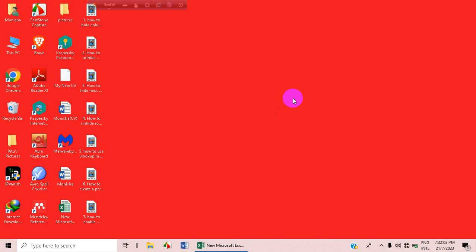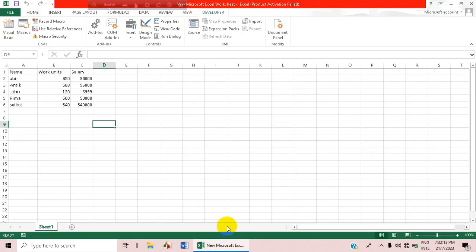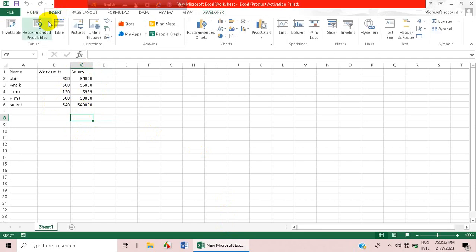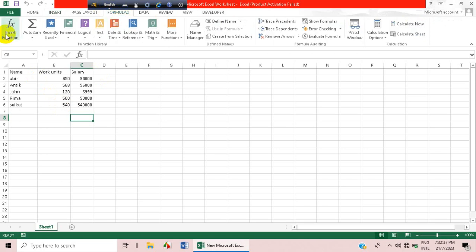In this tutorial, I'm going to show you how to find standard deviation in Excel. So open an Excel sheet and let's say you want to have this standard deviation in this column, in this box, and of this salary column. So what you have to do is go to insert option and go to the formulas option